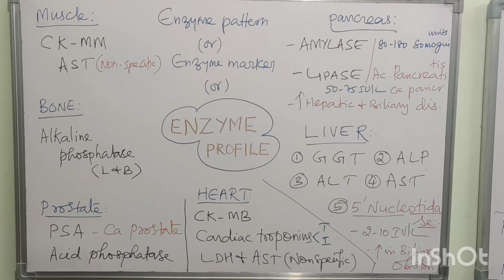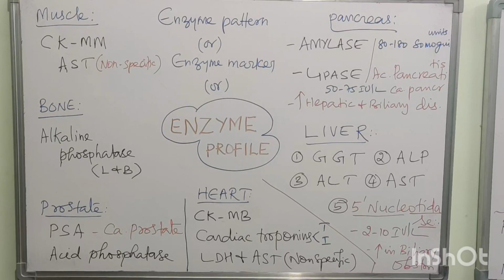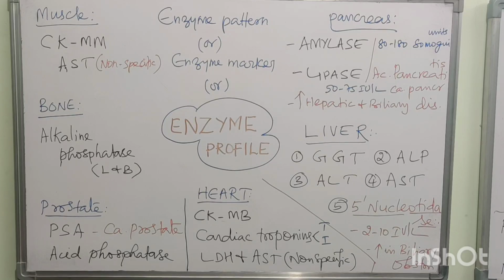Here also very simple enzymes, amylase and lipase. I am giving the units also. Sometimes, very rarely, in MCQ they will ask 80 to 180 Somogyi units for amylase, 50 to 75 international units per liter for lipase. Amylase is increased in acute pancreatitis and hepatic and biliary diseases. Lipase is also increased in acute pancreatitis and CA pancreas, right? So in pancreas only two enzymes, amylase and lipase. Next one is